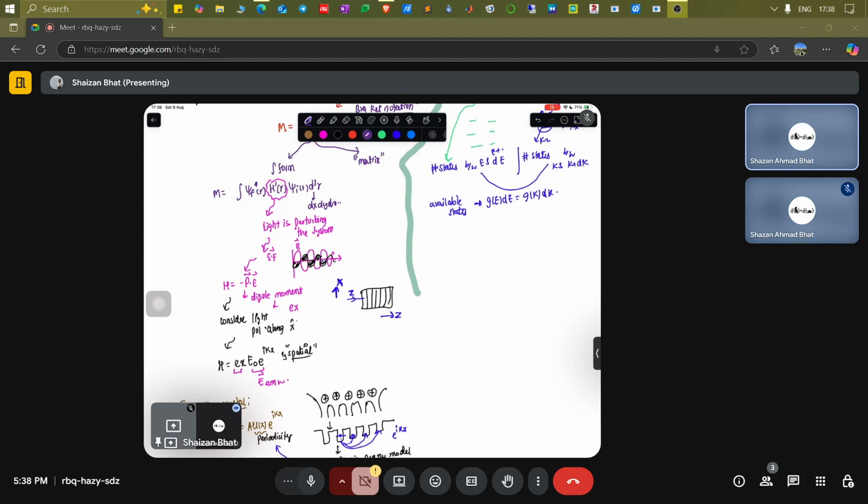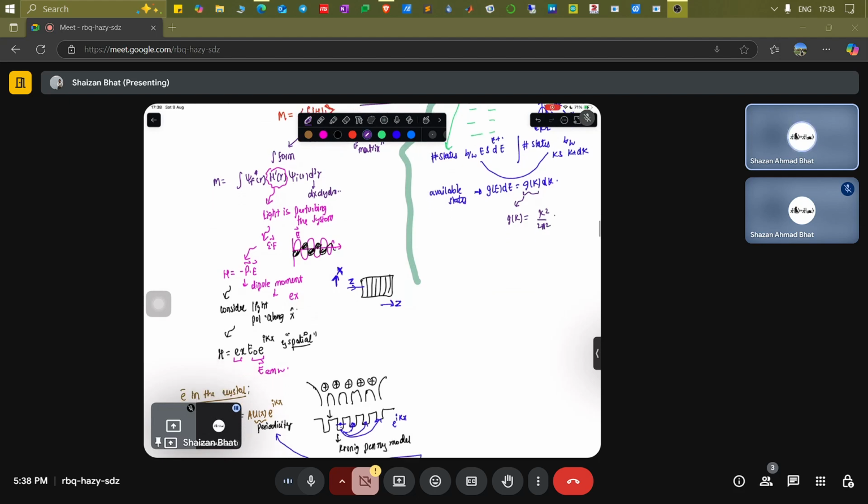So from the basic analysis, we get this g of k to be equivalent to k square over 2 pi square. So how it comes about, it basically comes about just like this, 1 over 2 pi by k, 1 over, it's not like this. Let me just show you. It's exactly equal to 1 over lx, 1 over ly, 1 over lz. So you can write it as 1 over 2 pi by k. It's something like that. I mean, you can just check the derivation of these density of states in some of the books.